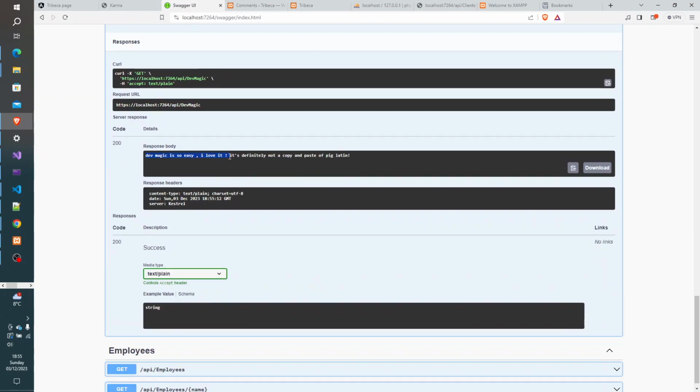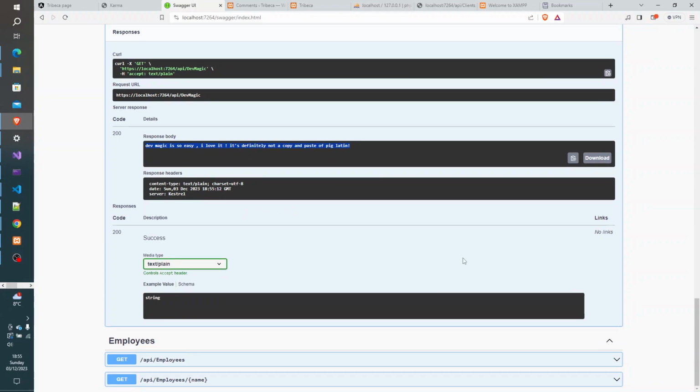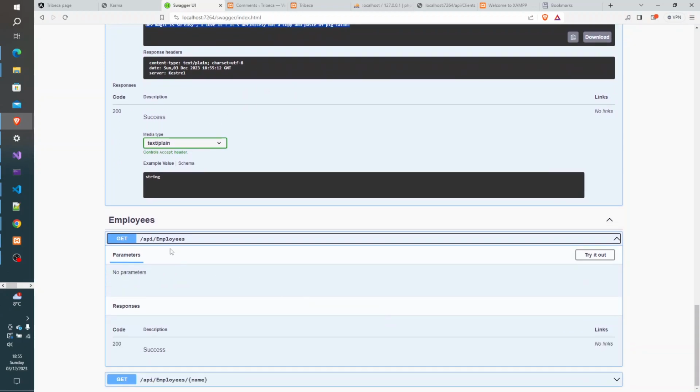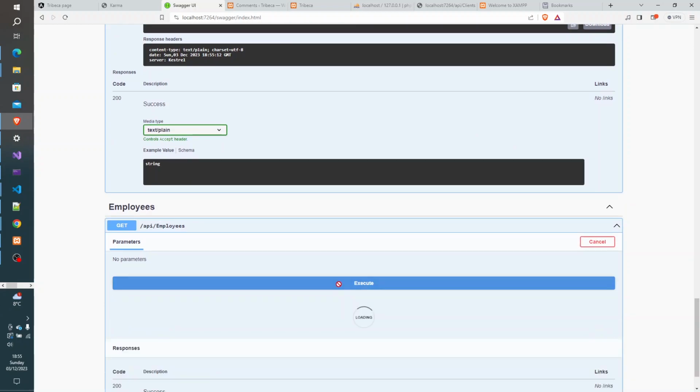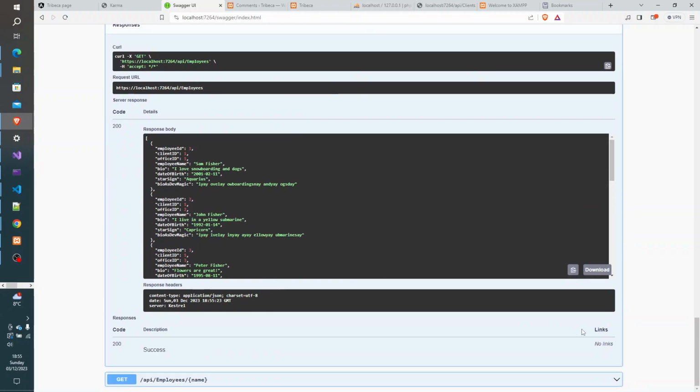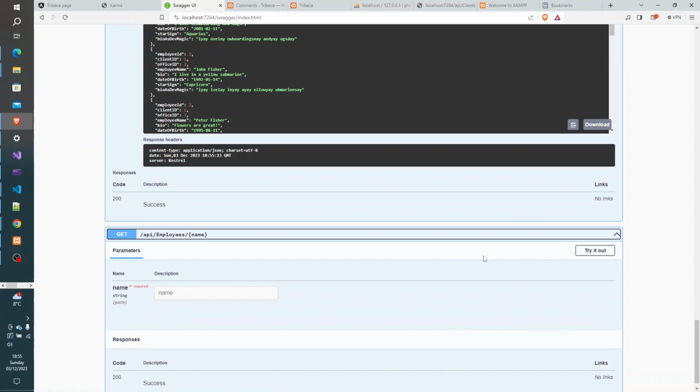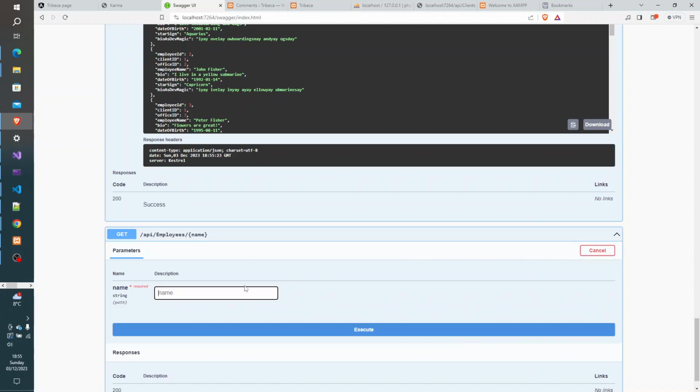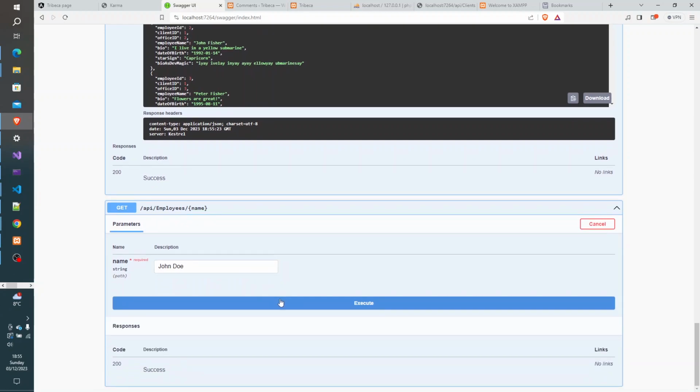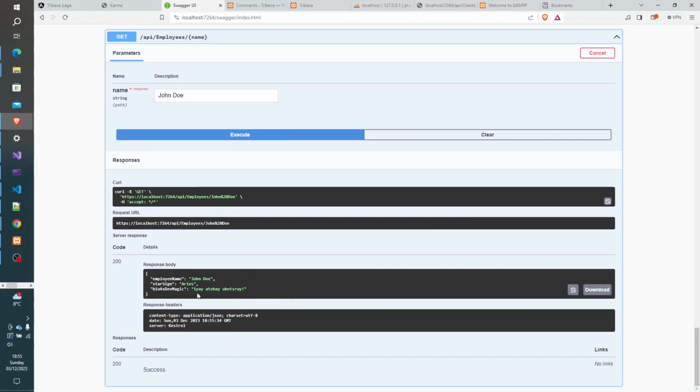Here we can get the translation from the magic to English, and we can get employees, and we can get employees by name. So if I write John Doe, I will get this employee. So when I was done with that, I started to work on the Angular